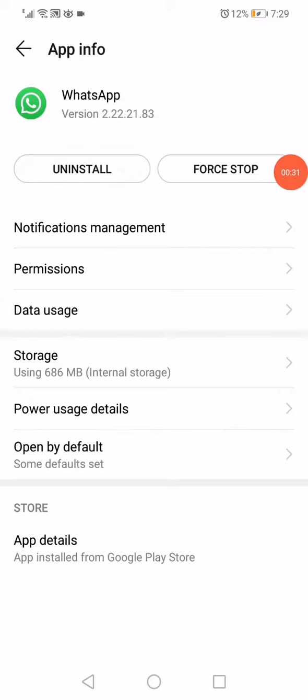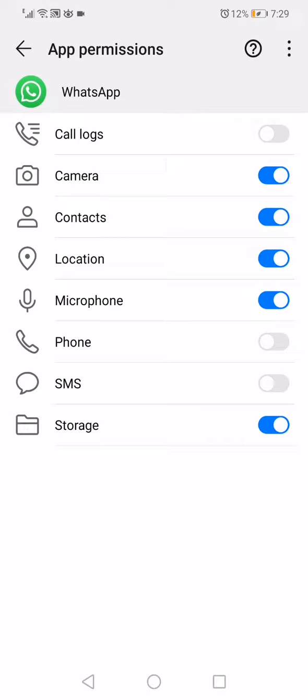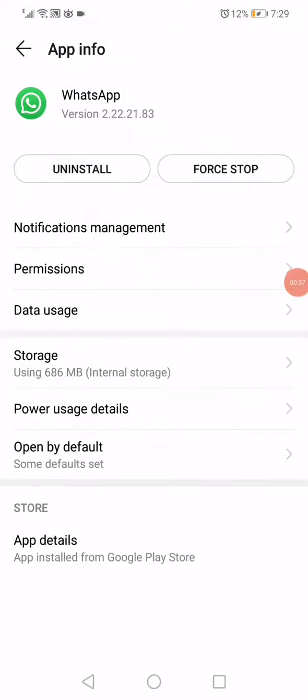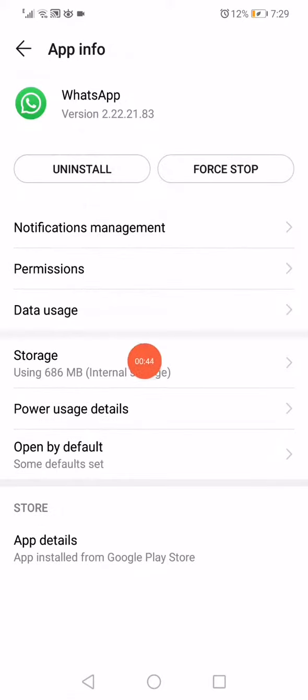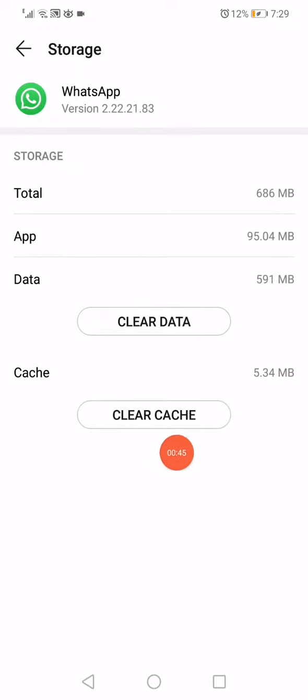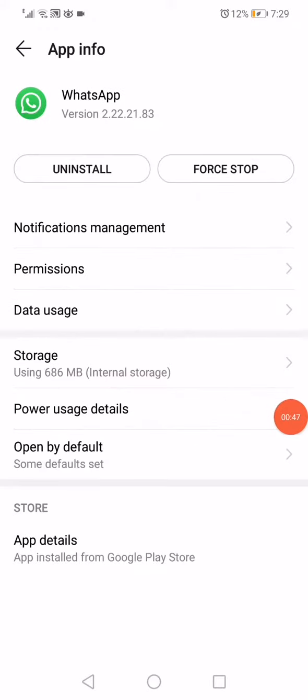After you click on force stop, then you have to go into the permissions. Make sure to enable all the permissions right here. Go back again, click on the data usage, and make sure to enable all the network access options. Go back again, click on the storage, click on clear cache, and then you have to do one last thing,